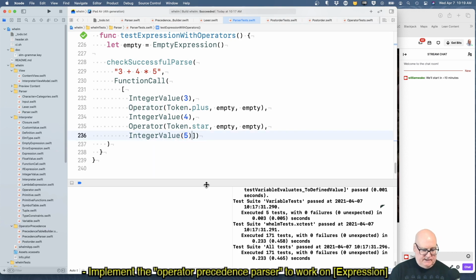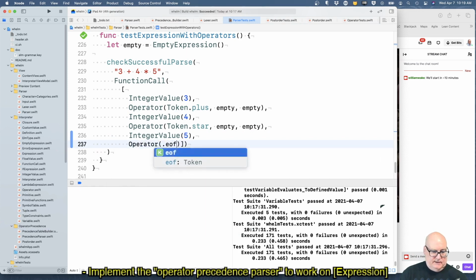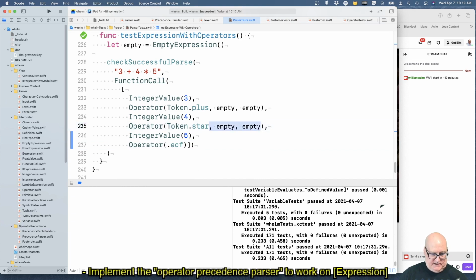Yeah, we want to see a token in the file here. Operator end of file. All right, and notice we got rid of that empty stuff. We defaulted it. That makes this test a little simpler.